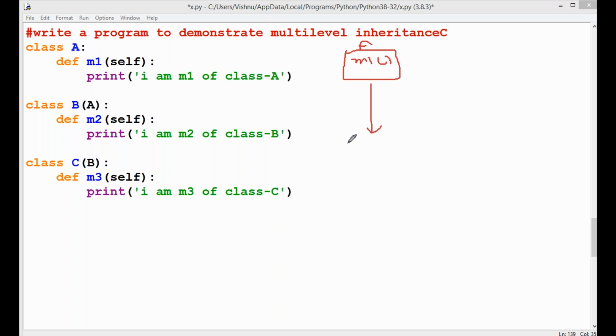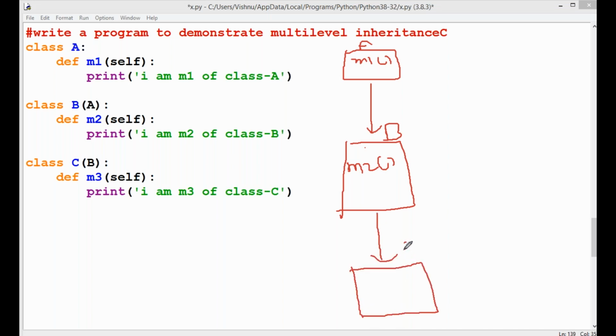Again, another class, class B, derived from A, its own method is M2. Another class, its own class is C, and its own method is M3. These are the own methods.